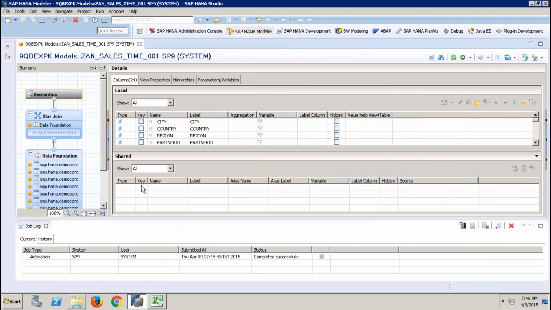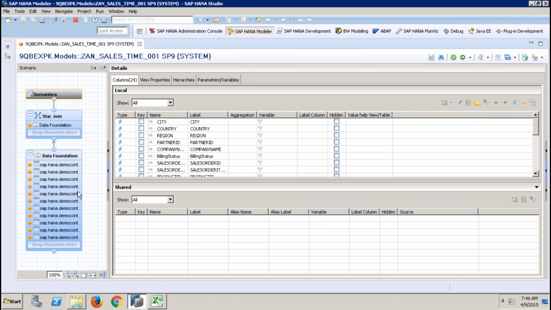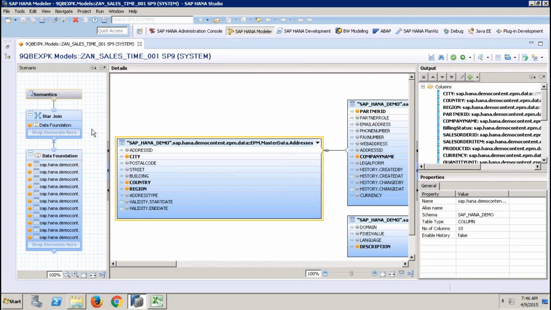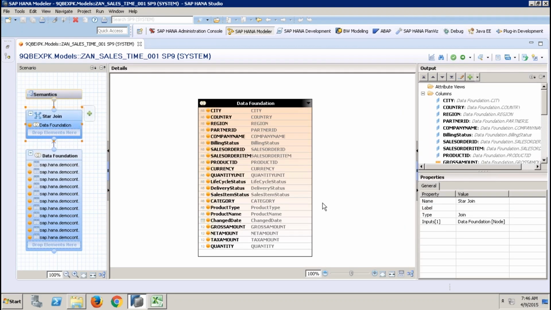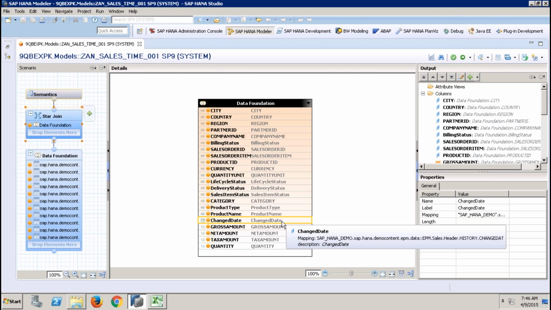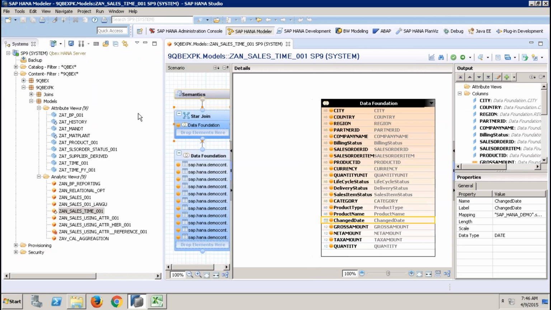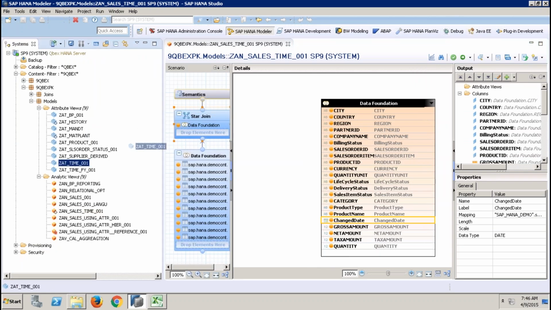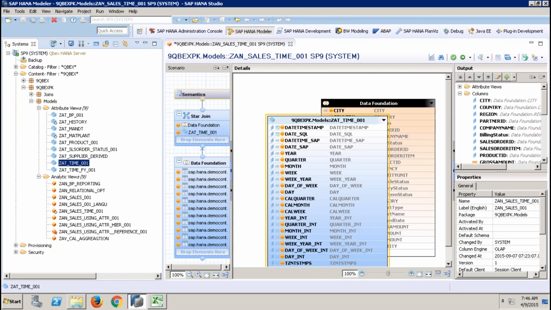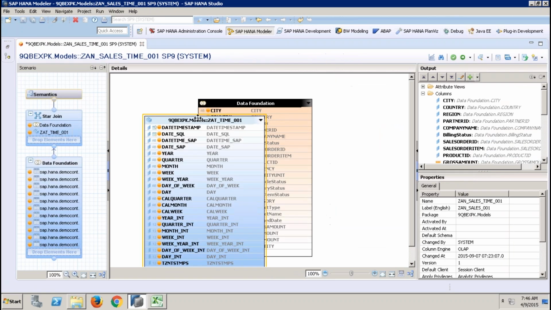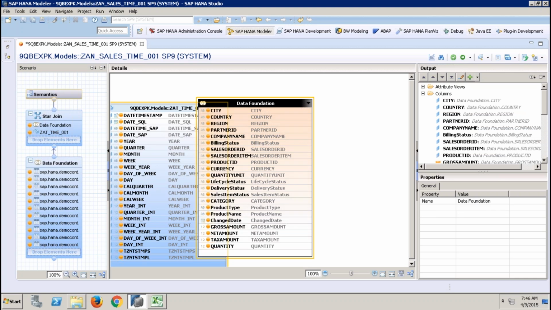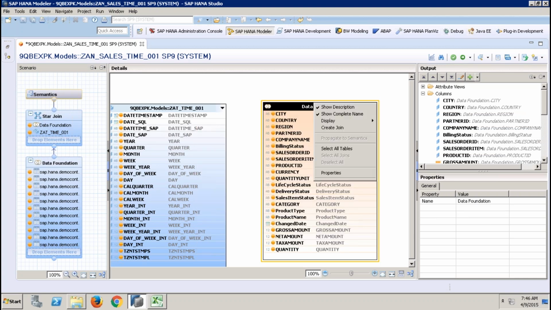I just want a simple thing. I already have an analytical view formulated with all the columns coming out, and I have this column view which is giving me the change date of the order. So based on the change date, I would like to derive all other time attributes, year, month, all this. So I'll use this time attribute view and join my, I just want to see the change date. Change date is in SQL format or